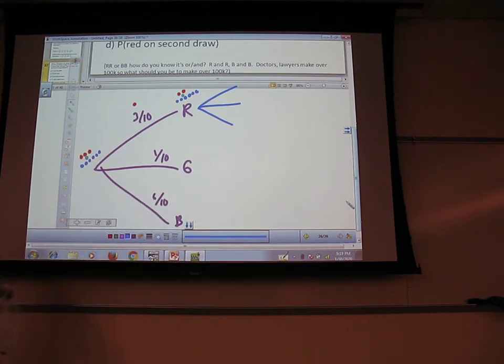What can I draw next? Red, or what's the probability I draw a red one? 2 out of 9. Green one? Blue one? Okay, but what if instead I drew a green one? Now what do I have left? This is what I had. I didn't go this way. I did not draw a red one. Instead I drew a green one. What do I have left? 3 reds and 0 green and